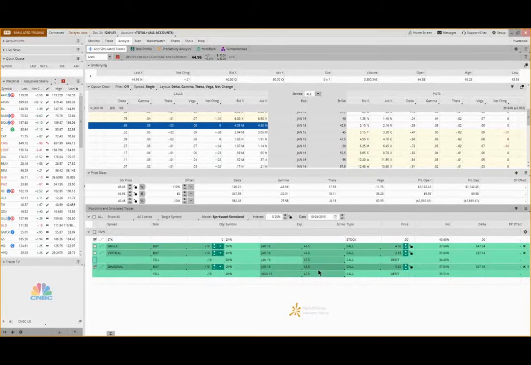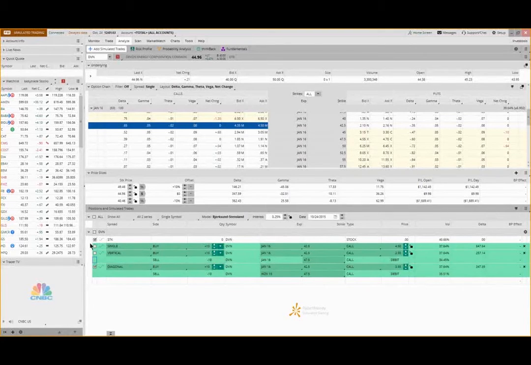So with a diagonal, now we are long the longer term strike, January. We are short the near month, which is November. We have the same strike ranges. We're long the 42.50. We're short the 47.50. Our cost, you can see, compared to the vertical, has gone up. We're paying a little more for it, okay, 360.